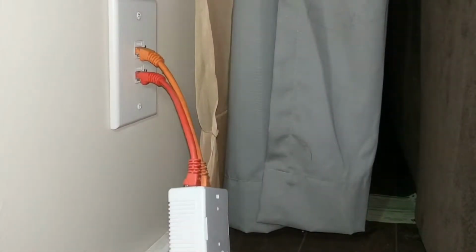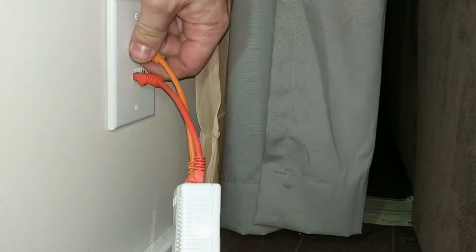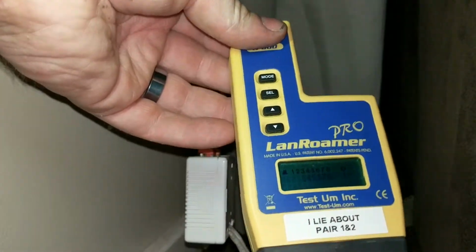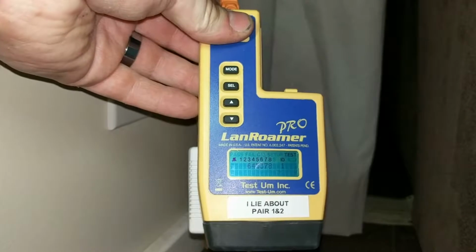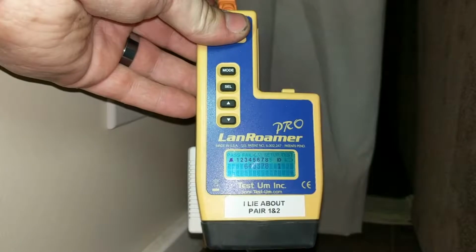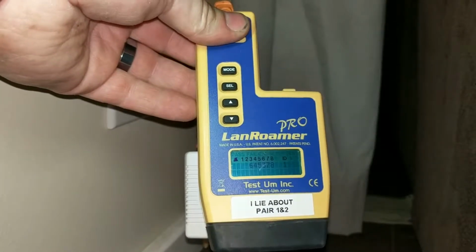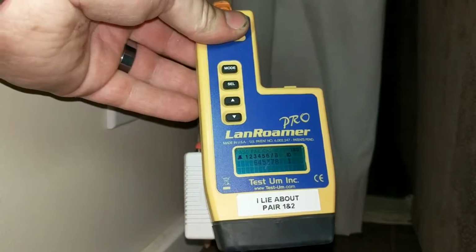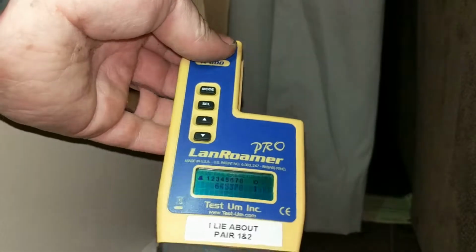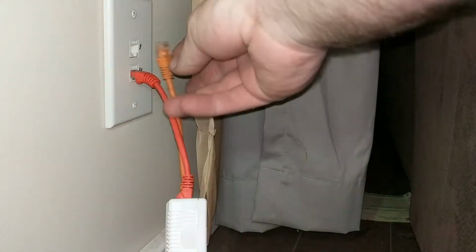So over here I've got number 4. What I'm going to do is unplug it and plug it into this guy. You can see here, first of all, it looks like one of the pairs is mixed up, but that's a different thing to worry about. Everything's connecting except for 1 or 2, and as you can see there, it lies about 1 and 2. It's actually the remote that's broken, not this piece, but I'm fairly certain the issue is not on the couch